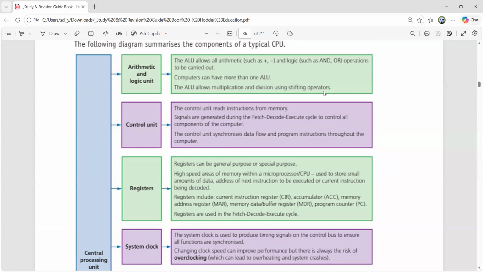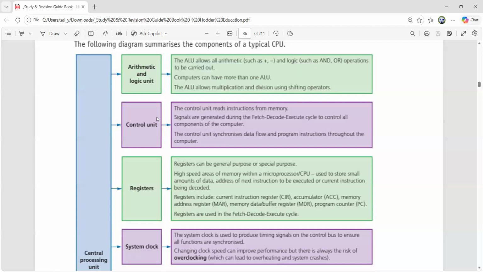So we have learned in chapter number 1 that when we perform shifting to the left, that means multiplication, and shifting to the right results in division. I hope that is clear. So the ALU is doing multiplication and division, but that is performed using the shifting operation. Now the ALU's function is very clear: plus, minus, and logical operations using AND, OR, and then multiplication and division are performed using a logical shift left or logical shift right.